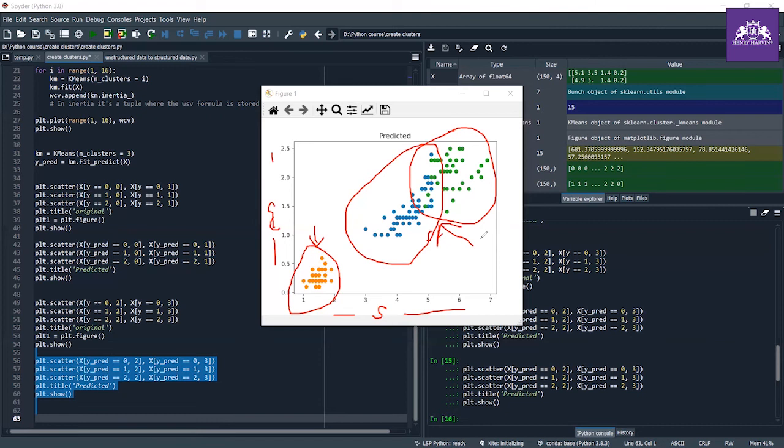When there is a luxurious thing whose price is not too high, you can also target them. And if there is a luxurious thing whose price is very high, you can target these people whose salary is high and expenses are also high. So that's what you can do with your clusters.